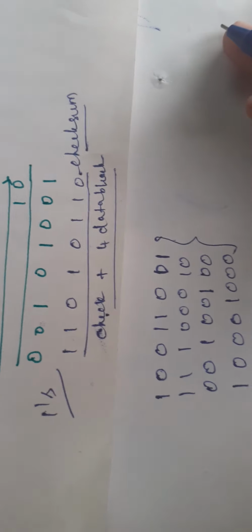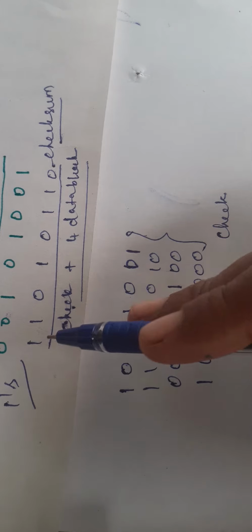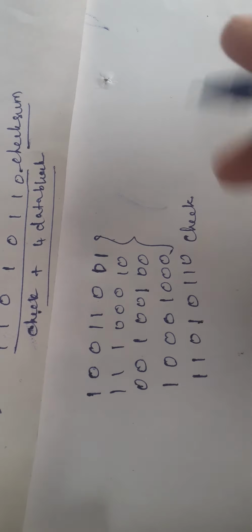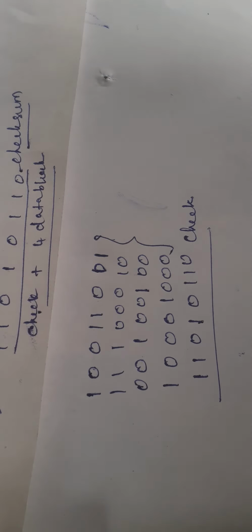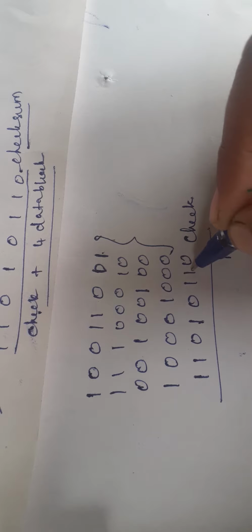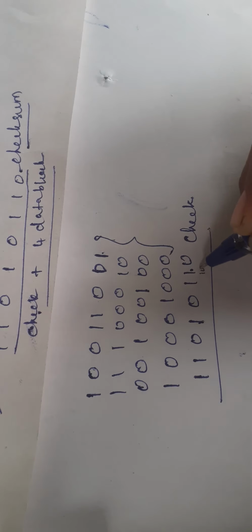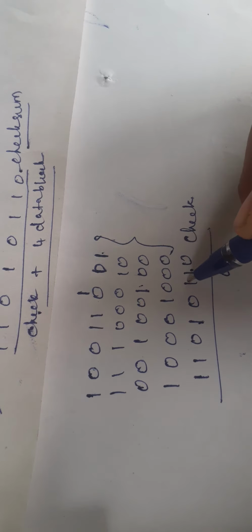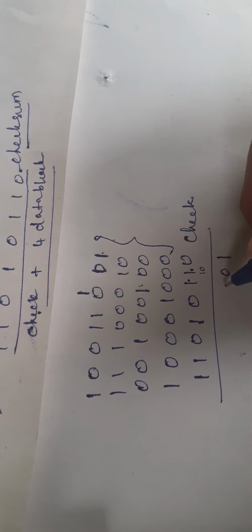This is the data word they have sent, and with the data word we have to add the checksum value. The checksum value we have obtained is 110101110. This is the checksum value we have sent. So we have to add all those values. So here it is only 1. Here 1 plus 1, 2 ones are here, so the answer is 10. So 0, and carry will be moved. So 1 2 3 ones. So the equivalent number of 3 ones is 11, so 1.